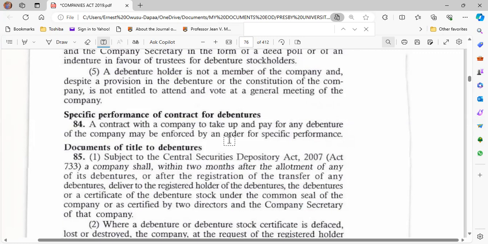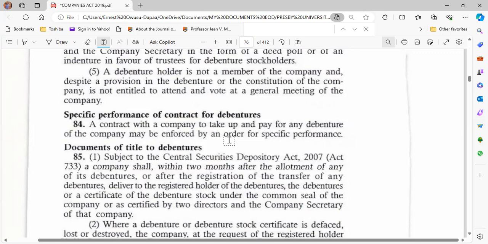The same thing applies to the company. Don't forget that equitable principles are supposed to satisfy what you call the mutuality principle. It should work both ways. So if the company can enforce the debenture contracts, or the contract to take out the debenture, against the prospective debenture holder, in much the same vein, the debenture holder can also enforce it against the company, so that if the company has a change of mind and says that we are no longer interested, despite the fact that the contract has been made, he too can go to court and get it enforced against the company.